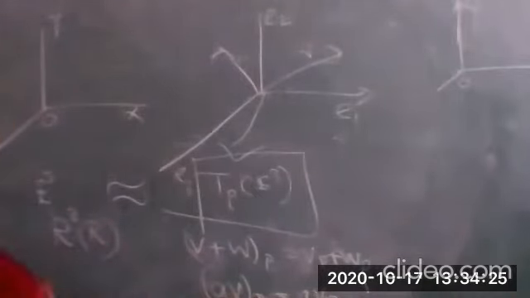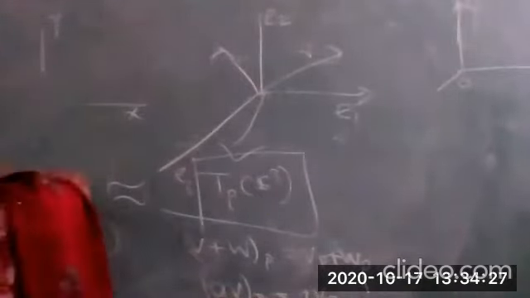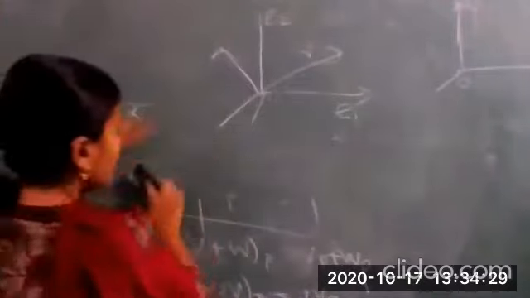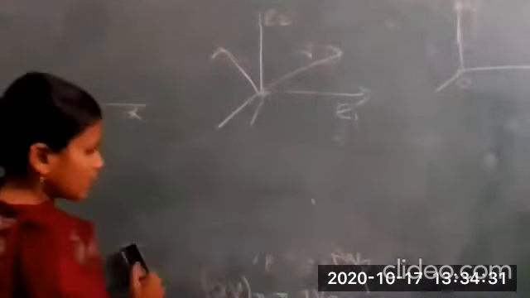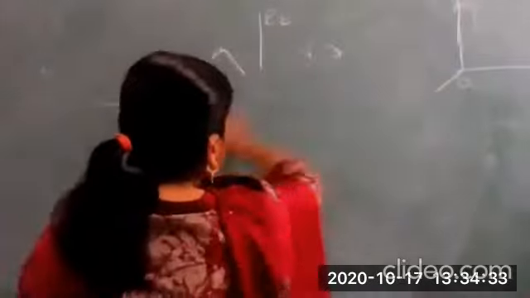Now what is our aim to prove in this? We have to prove any tangent vector V can be written as a linear combination of the frame vectors. What are our frame field vectors? E1, E2 and E3. Just now we have proved they are linearly independent, and for a finite dimensional space linear independence is sufficient to prove they form a basis. So E1, E2, E3 will form a basis.